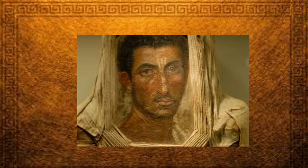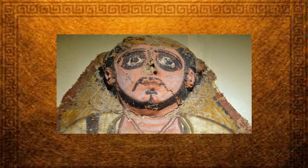These are known as Fayum mummy portraits and were created on wood or directly on the wrappings of the mummy. Unlike the stylized images found elsewhere in Egyptian art, these portraits are very personal. The shadows that play across the faces make them feel three-dimensional and alive. The portraits are also revealing about how people in the ancient world really looked. Normally hairstyles and makeup die with the person, but looking at these portraits reveals how fashions